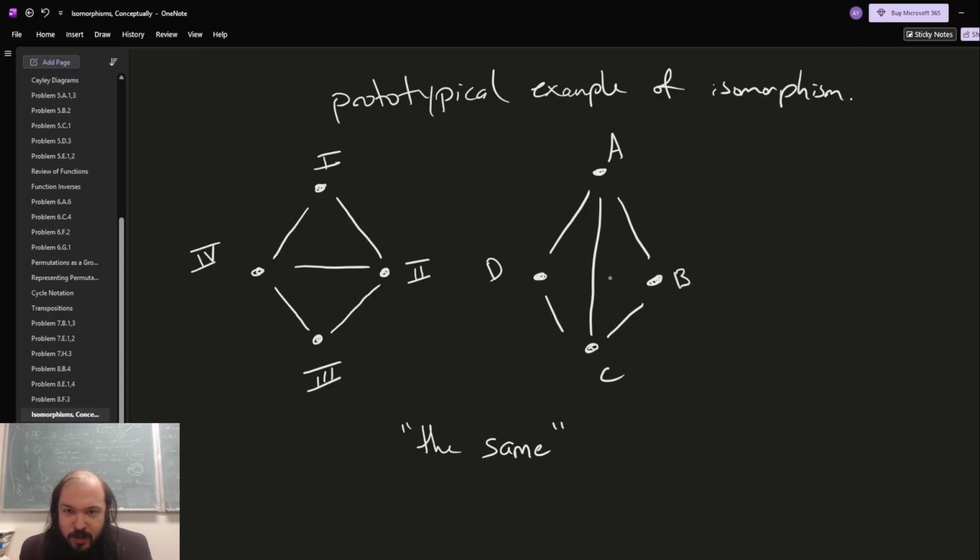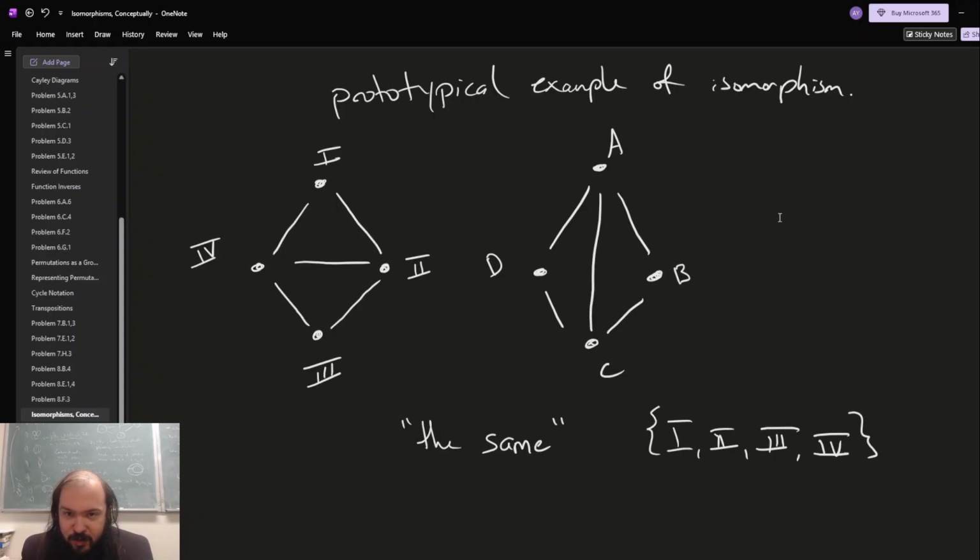For example, if I turn this one over, maybe to the right, 90 degrees, and then I relabel the vertices, then we can see that these are the same. And so a graph isomorphism is the mathematical information that we need to tell that they're the same. In other words, it's the method by which we would relabel the vertices. So maybe the way the relabeling should go is by some kind of function. It should be a function from the first graph's vertices